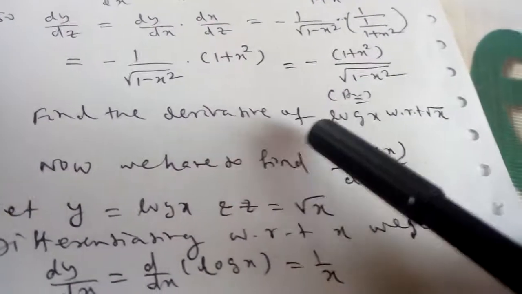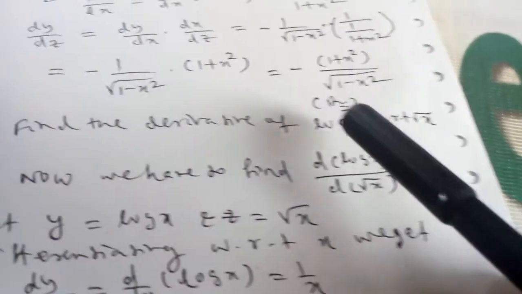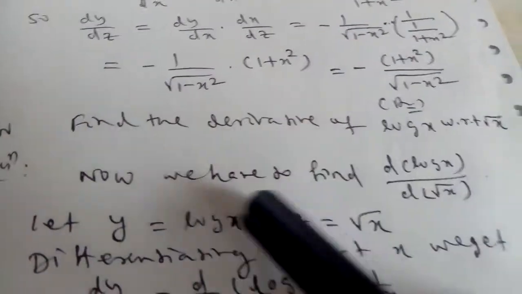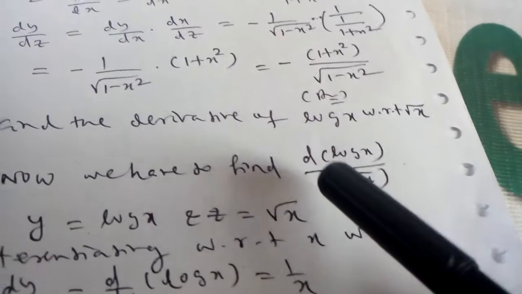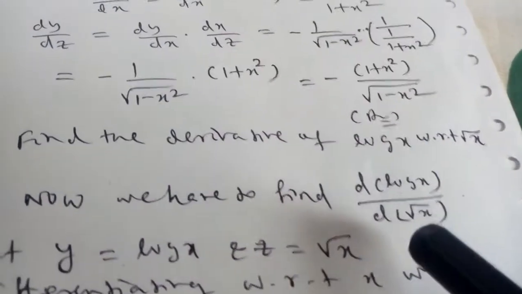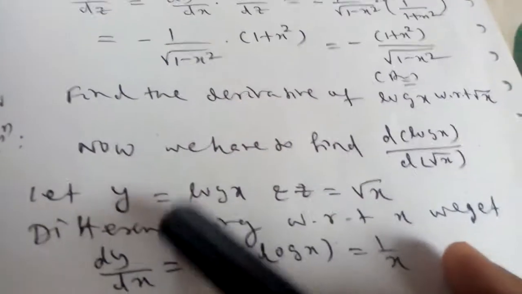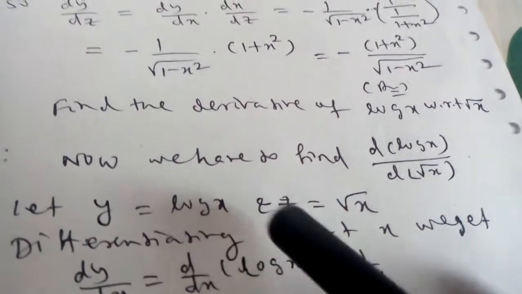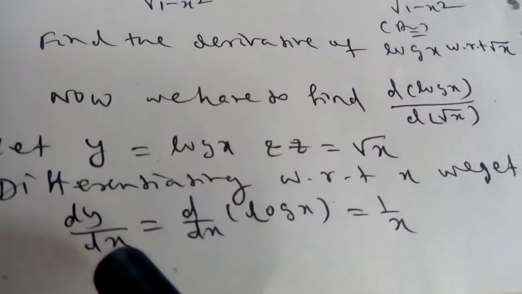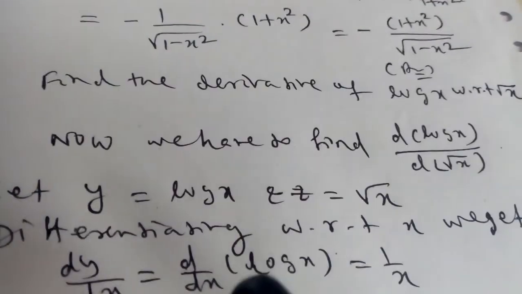Then question number 5 is find the derivative of log x with respect to root over x. Now we have to find derivative of log x divided by derivative of root over x. Let y is equal to log x and z is equal to root over x. Now differentiating with respect to x, we get dy by dx is equal to derivative of log x with respect to x is equal to 1 by x,